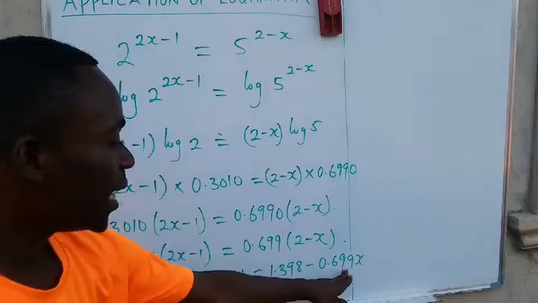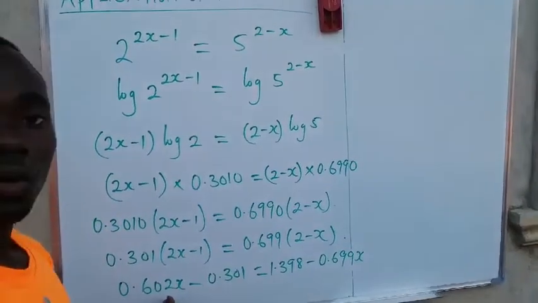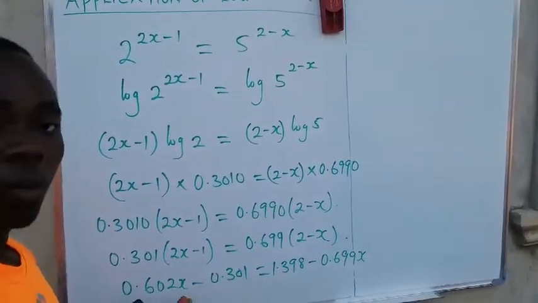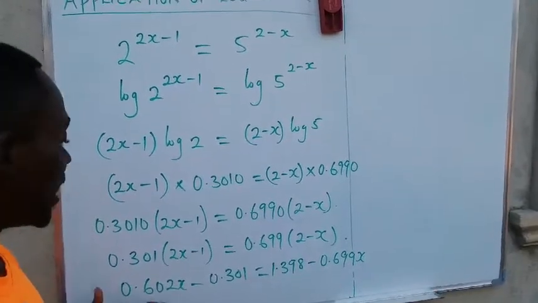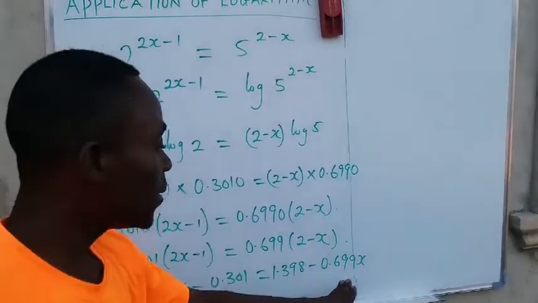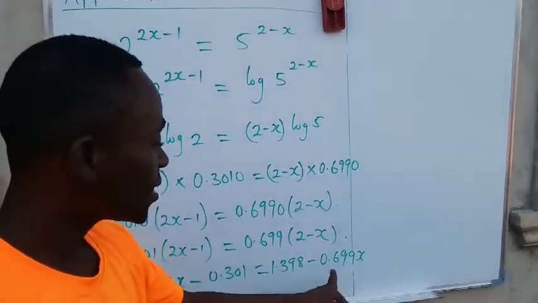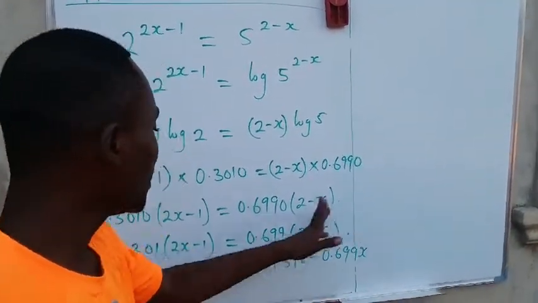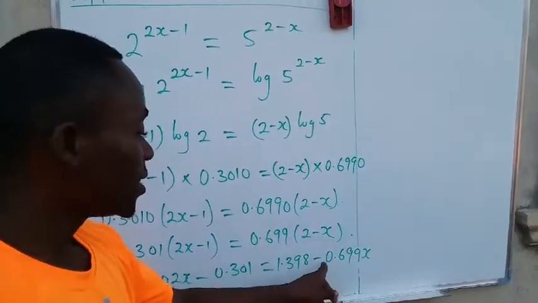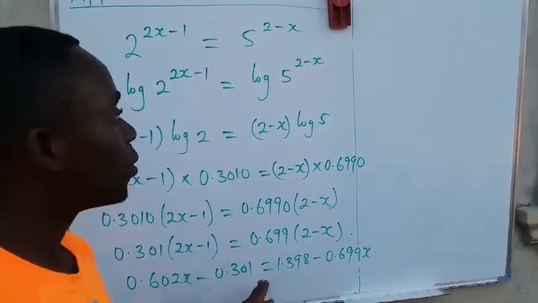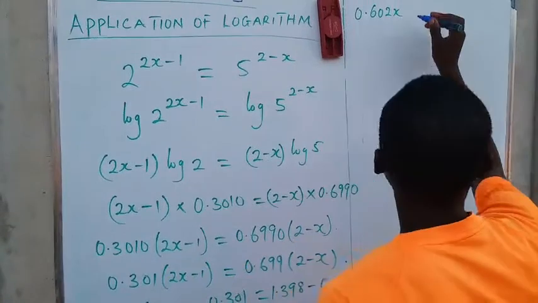So I'm moving the x term on the right hand side to come and be on the same side with the x term on the left hand side. The x term on the right hand side is 0.699x. So I'm bringing it over, knowing that the sign must change since it's crossing the equality sign. So it becomes plus